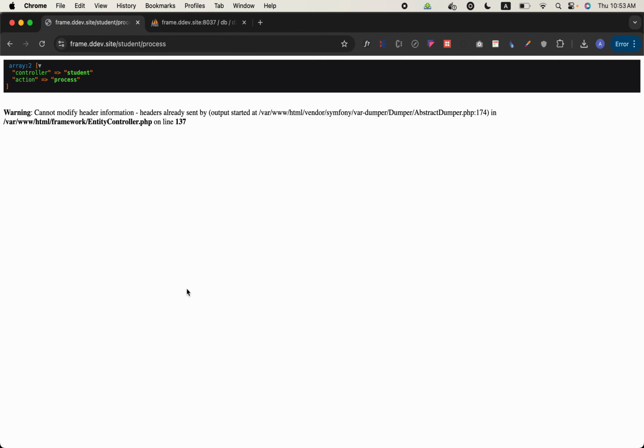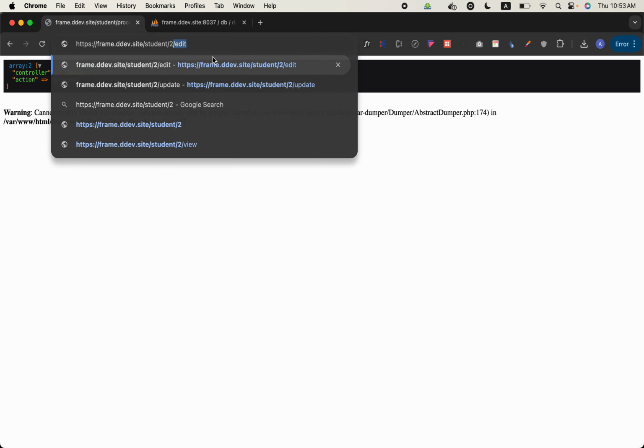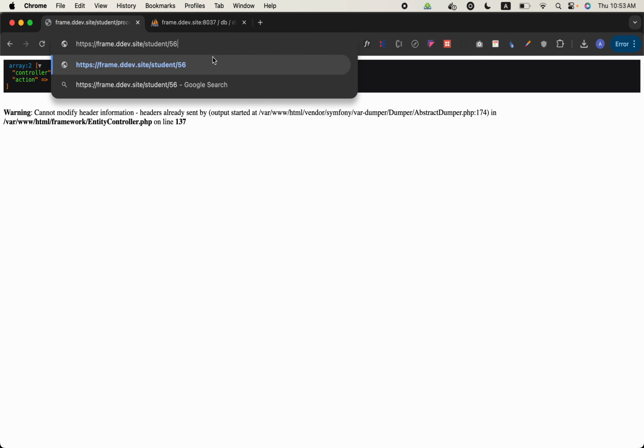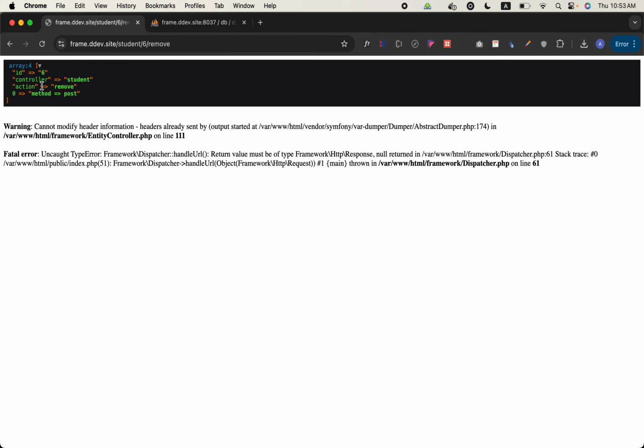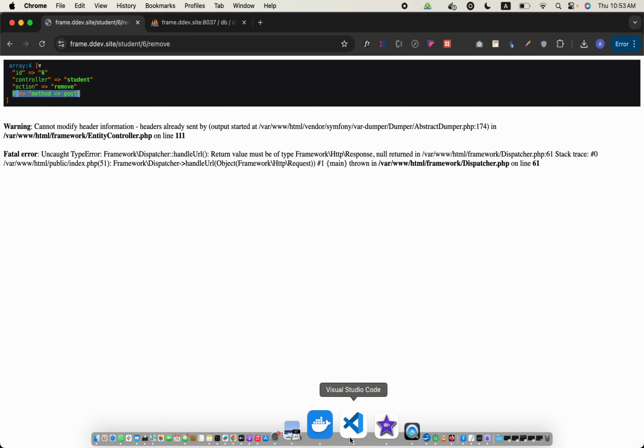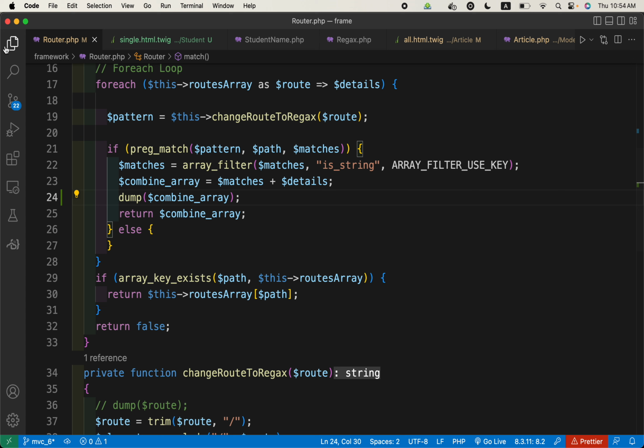Because we won't have any data. So if I go to student 6 slash remove, you can see it has an extra parameter now, which is post. By the way, we are not doing it right. So if I go to, ignore the other errors, if I go to the